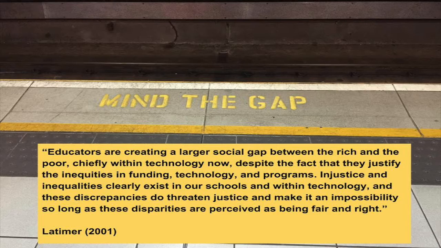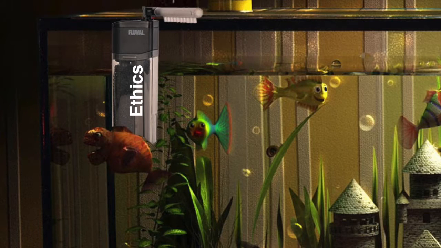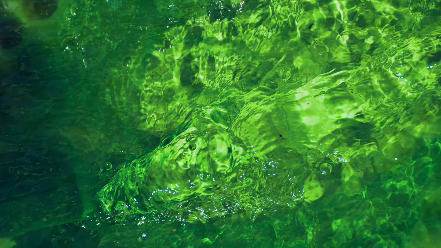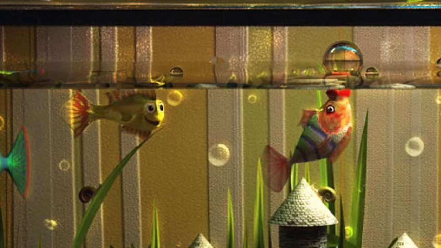Injustice and inequalities clearly exist in our schools and within technology, and these discrepancies do threaten justice and make it an impossibility so long as these disparities are perceived as being fair and right. As educators and as proponents of educational technology, we have an ethical imperative to address this important gap. When we do, we'll have a clearer tank to look through as we study the implications of technology and education for all students." After the major parts of the fish tank are assembled, it is time to introduce the fish